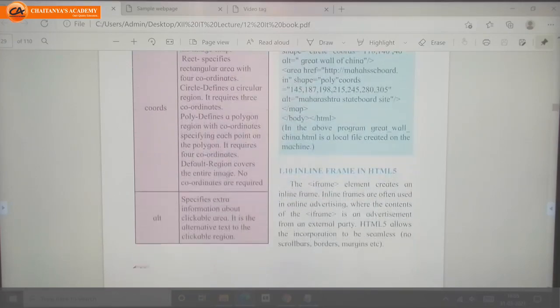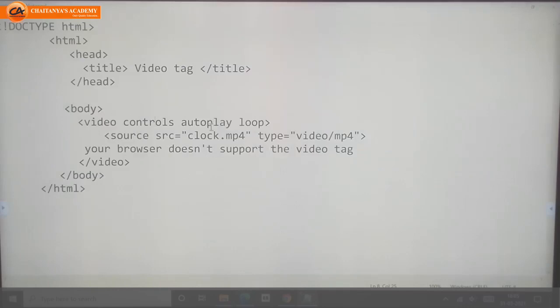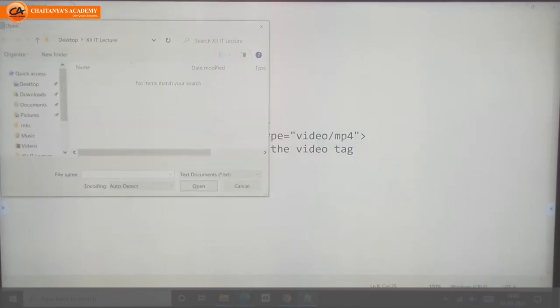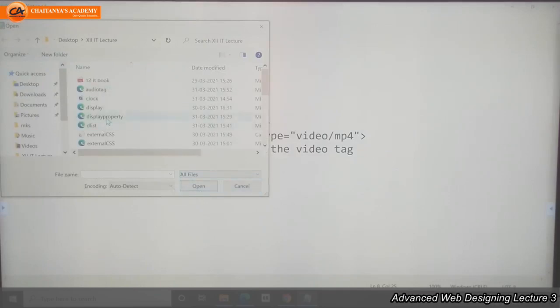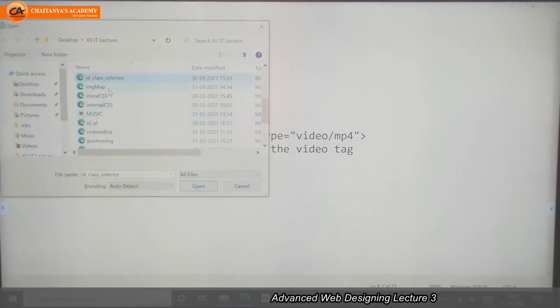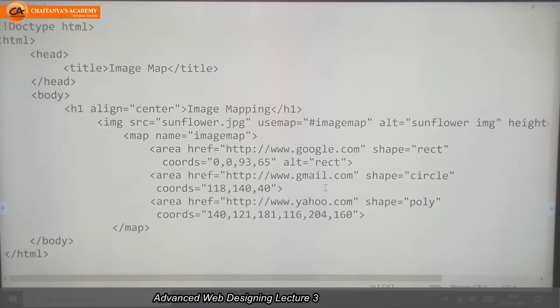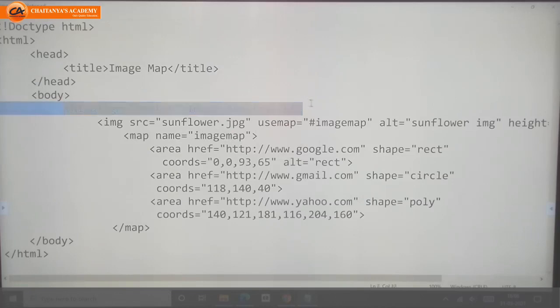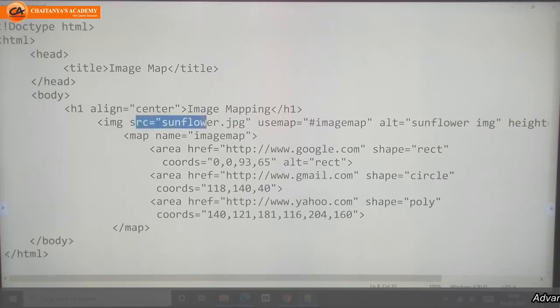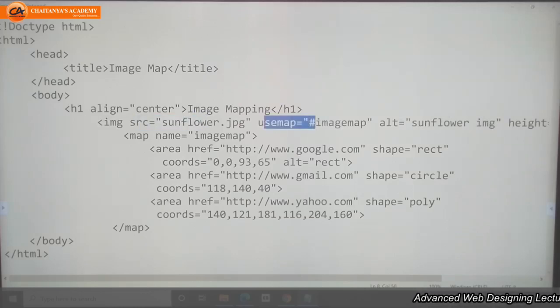So we will go to the program. We will check image mapping. See here what I did, a simple program with an image map. In that, a heading, image mapping, and next I took one image with attributes: name of the image, usemap, alternate text.